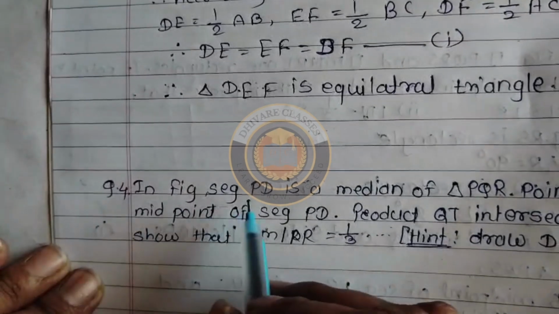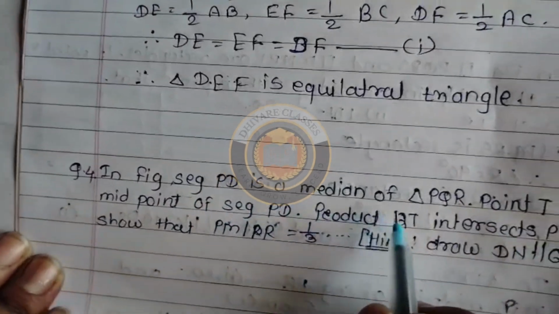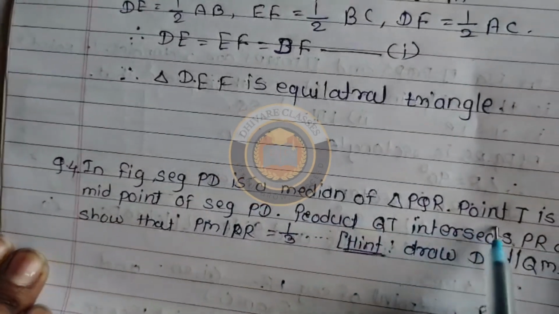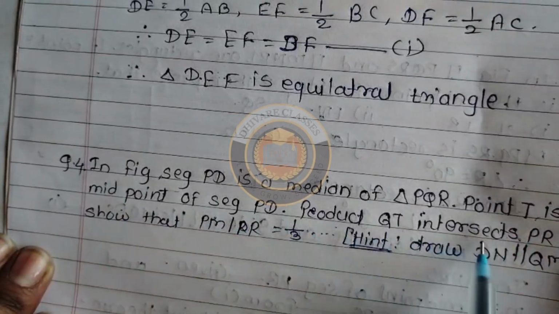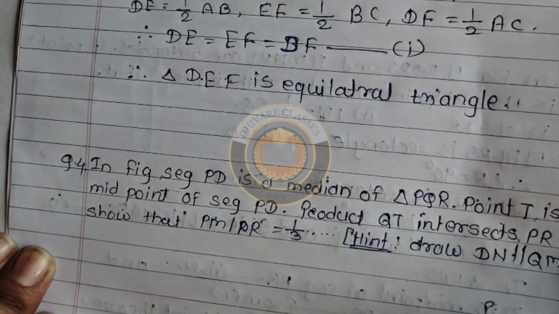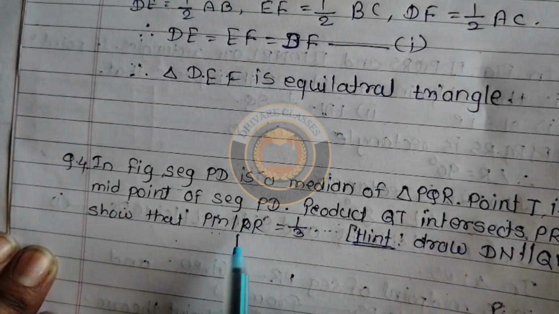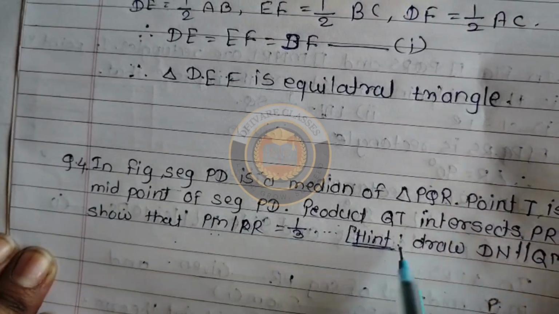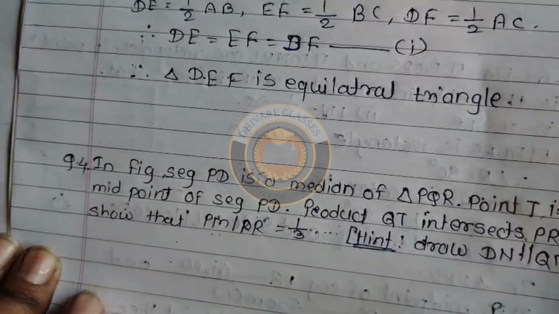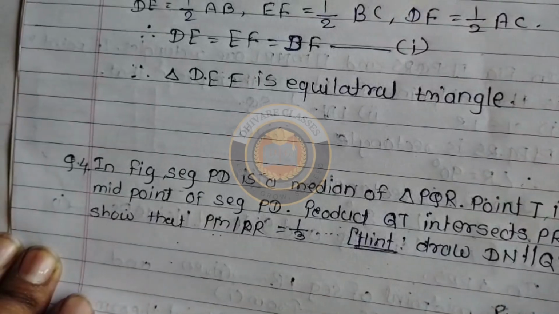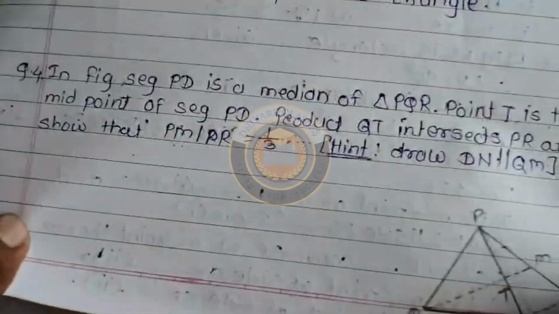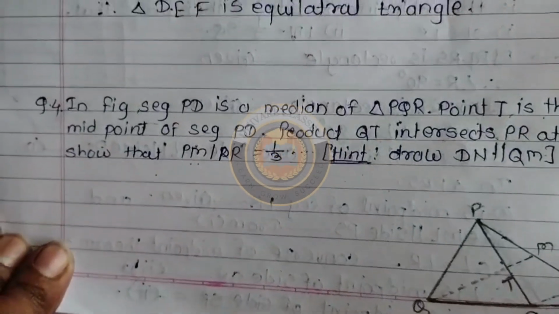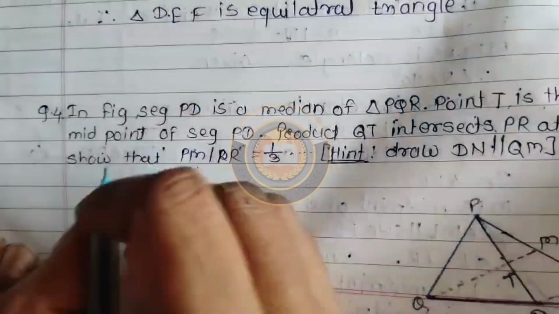Fourth आहे, in figure segment PD is a median of triangle PQR. Point T is the midpoint of segment PD. Produce QT to intersect PR at M. Show that PM upon PR is equal to 1/3. ते हिंट दिली आहे, ड्रॉ DN अँड QM. आपण ते इथे डायग्राममध्ये ड्रॉ करून घेतलेले आहेत. ठीक आहे. तर इथे घेऊया